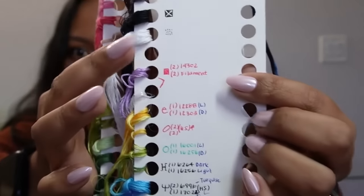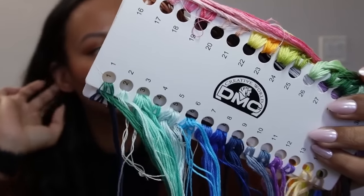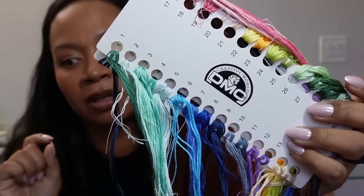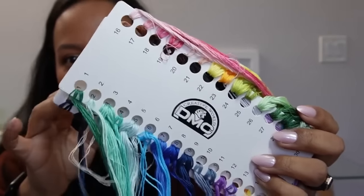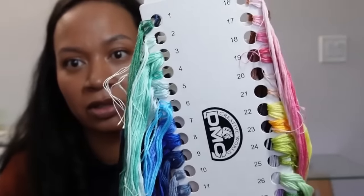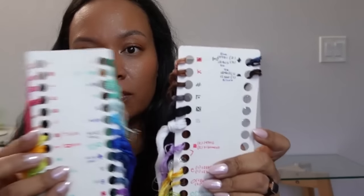So these are the DMC cards that I got. Well, Crafting Gaming Jamie, she's the one that recommended these, and I went straight to AliExpress to purchase them, and I love them, especially for the dimensions. And another one of my favorites,